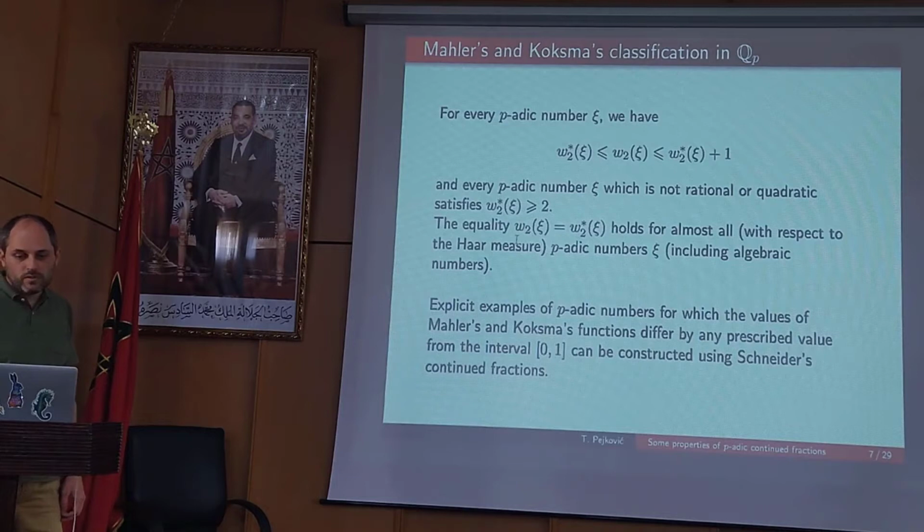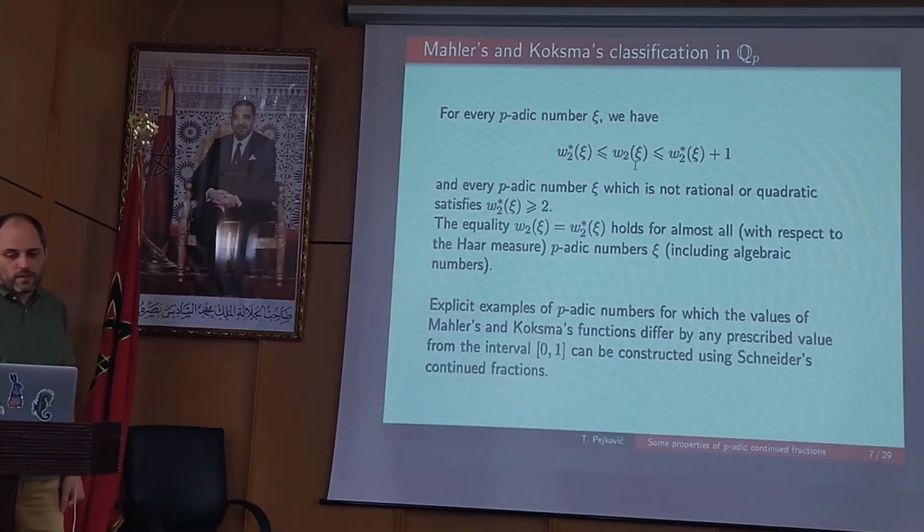And the equality between Mahler's and Koksma's function holds for almost all p-adic numbers psi with respect to Haar measure, which includes also all algebraic numbers. So explicit examples of p-adic numbers for which this difference between Mahler's and Koksma's function, which lies in